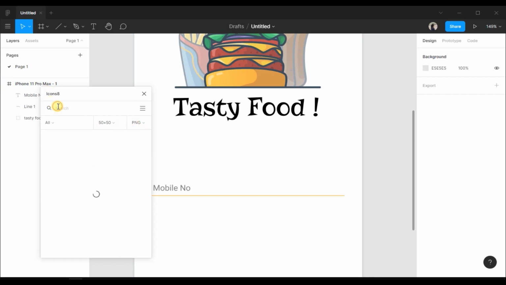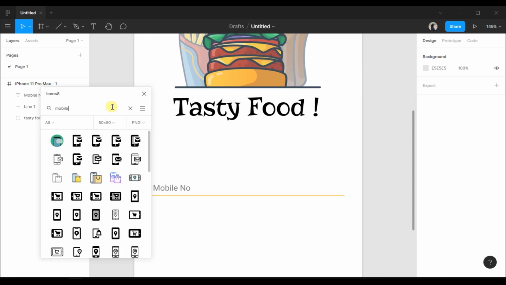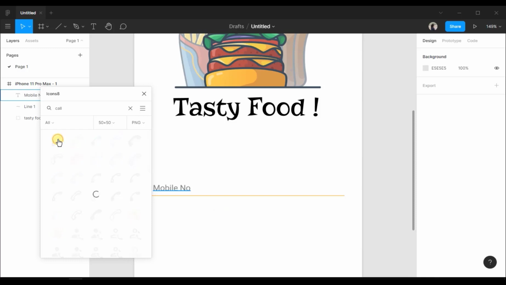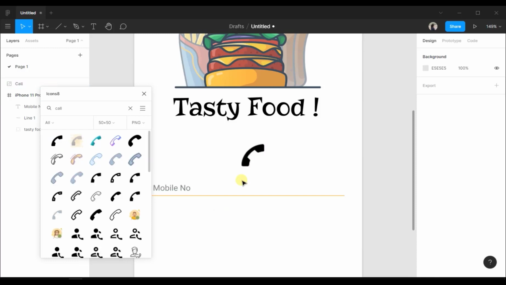So let's search for the icons. Now we need an icon for mobile number, so let's type mobile, maybe call. Cool, so let's take this icon. Just click on it and it will appear on your frame.